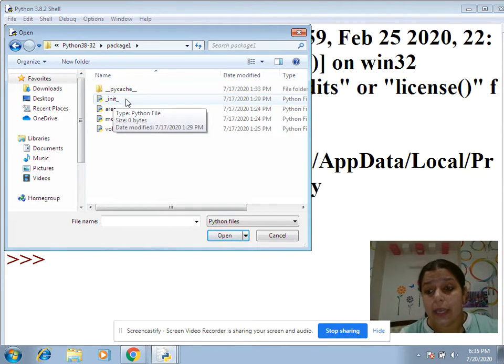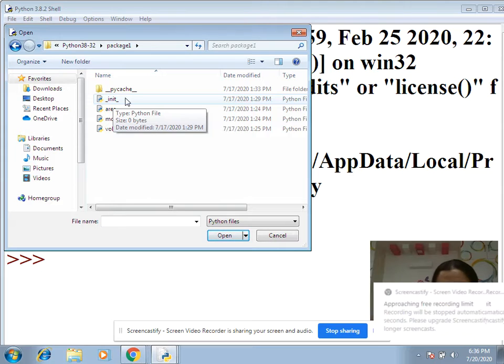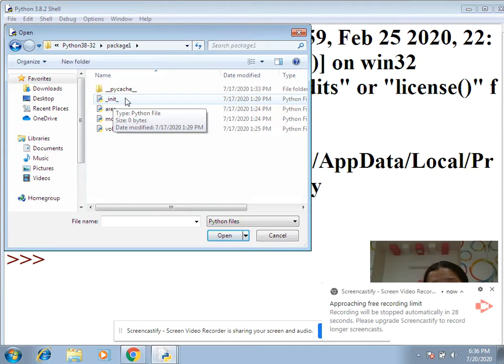This is the extra file which does not contain anything, but it acts as the initiation of my package. When my folder has this file, this particular thing is known as a Python package.